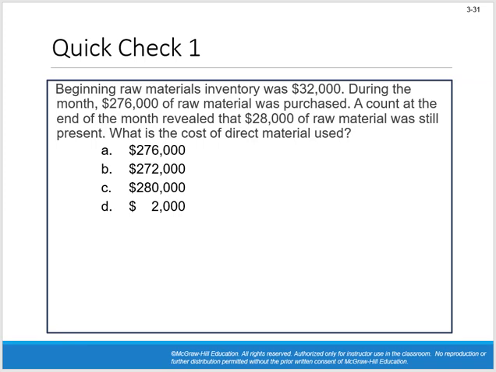Okay, so the way I would work this problem, I would compare the beginning and ending, 32,000 versus 28,000. That's a difference of 4,000. So immediately I know that my answer, the amount of direct materials used, has to be 4,000 different than 276,000. And if I think a little bit deeper, if it made the balance go down in our raw materials, I must have used more than 276,000. So 4,000 more than 276,000, I should come up with